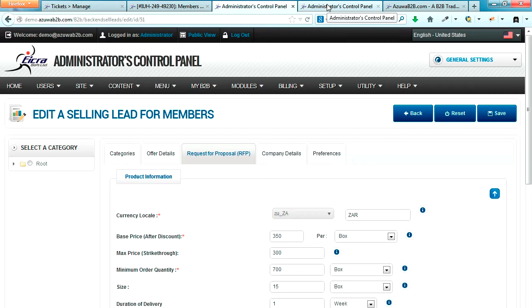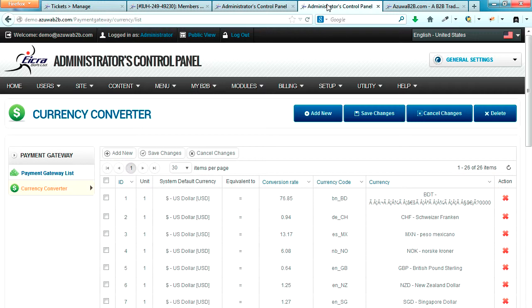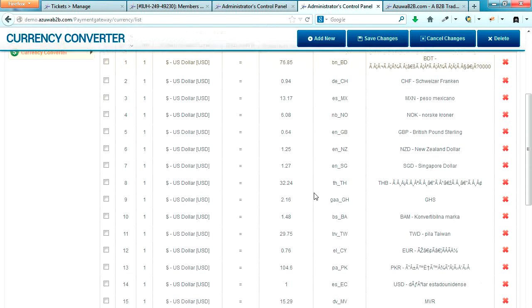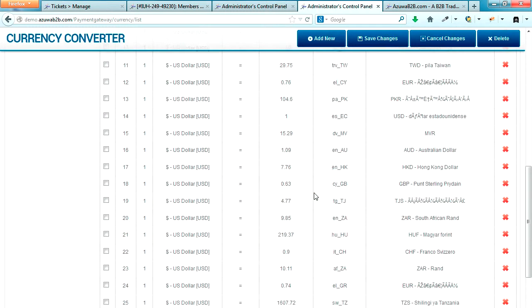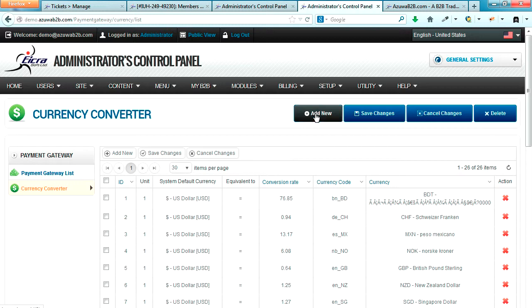Let us go back to our other tab, the currency conversion tab, which is under your admin panel, billing, currency converter. And you can see on the left hand side we have the default currency called USD, and an equivalent conversion rate is published on the right hand side. So the ZAR file is not here. You can add the ZAR currency, and if you add the ZAR currency in equivalent to US dollar,